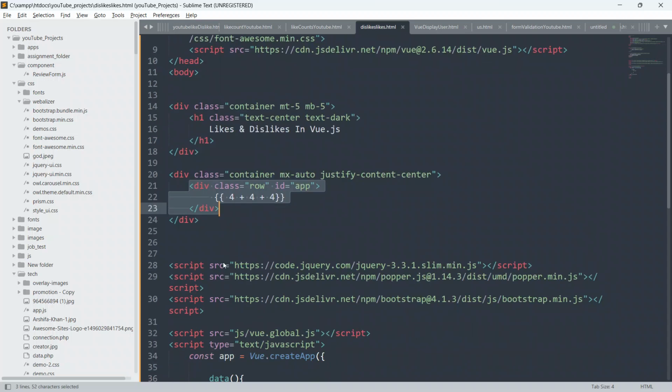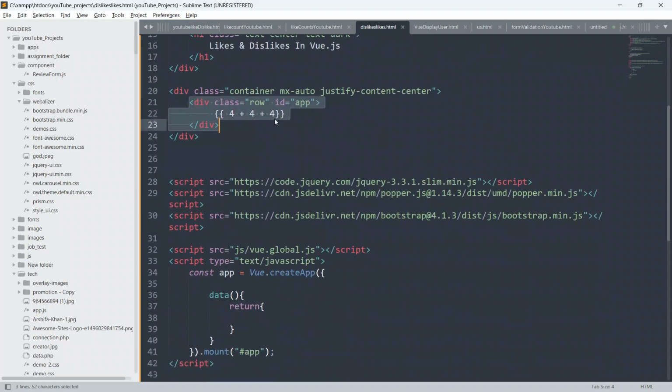So guys, now whatever we write inside the double curly braces, it is gonna display the output, whether it is a function or method or any kind of expression. I have already explained many times in my previous videos that whatever you have to write, whether it is a function, expression or any kind of calculation in Vue.js, we have to write inside the double curly braces only. Then only you are gonna see the output. Otherwise it will throw an error, as Vue is not gonna understand what you have written. So just remove this, we don't require this.